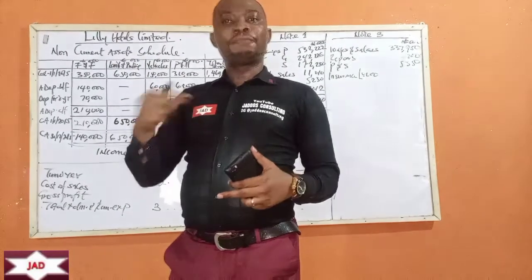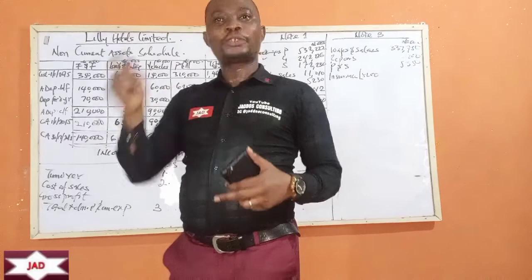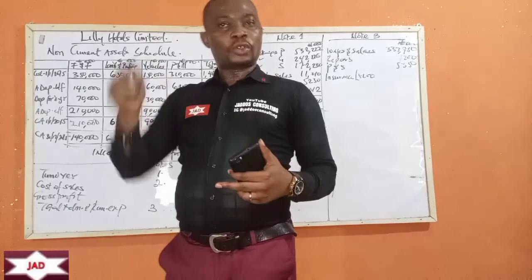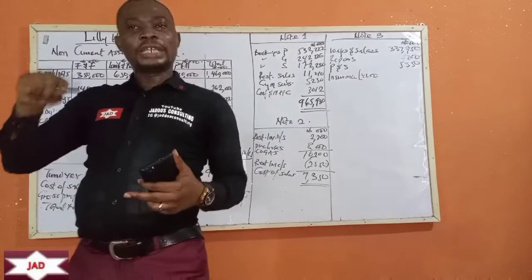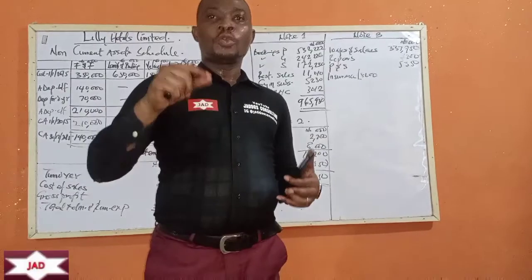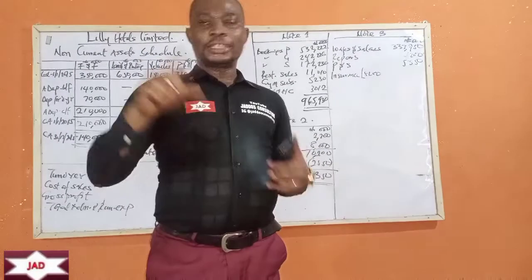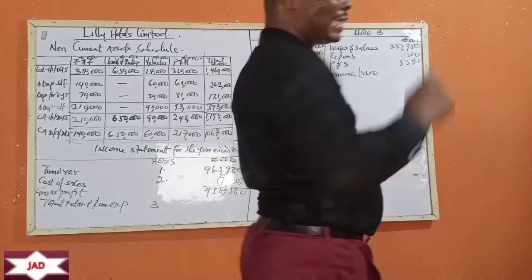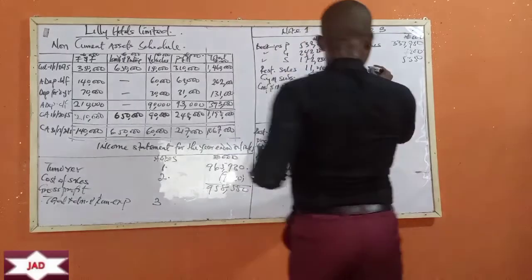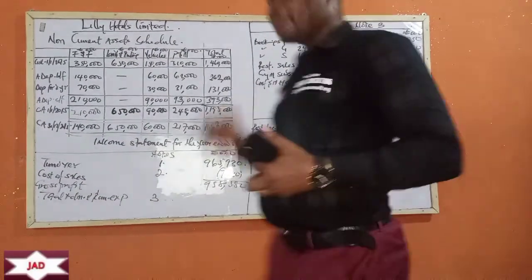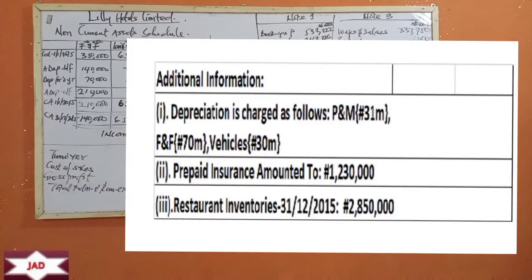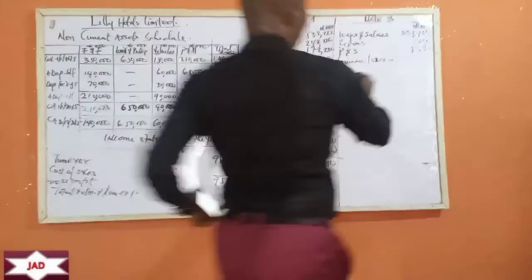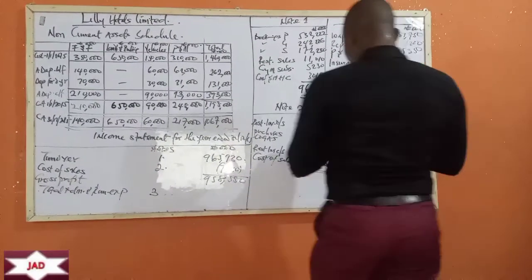I've already taught in full what prepaid expenses or prepaid incomes are, and how to account for them. Let's just say prepayment, or advances. Go to charlesconsult.com and take your class on prepayment. So basically, we have prepayment at start, prepayment at end. There's a way to adjust for it, but this is just at end. Prepayment at end reduces what we charge for the year. So we have 8,200,000 minus the prepayment at the end of the year. The question says 1,230,000. So we have minus 1,230,000. So what do we have?